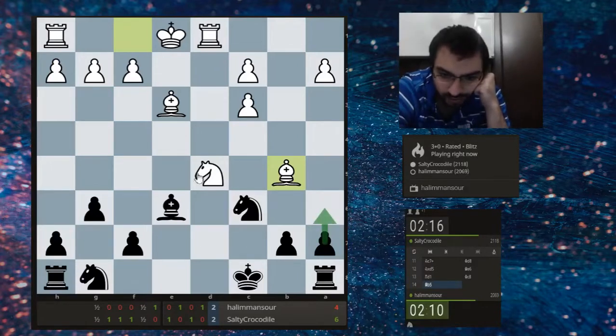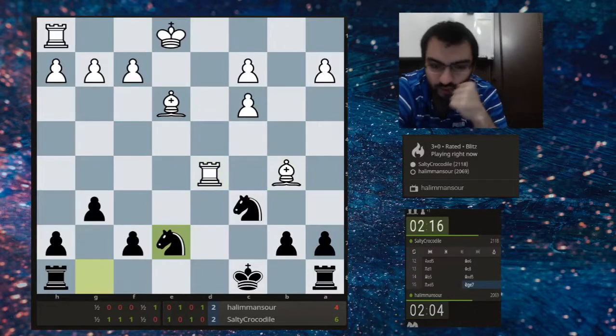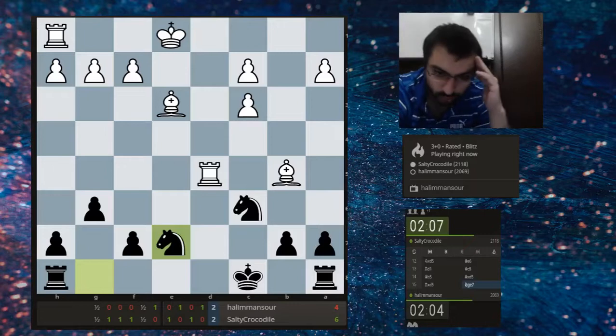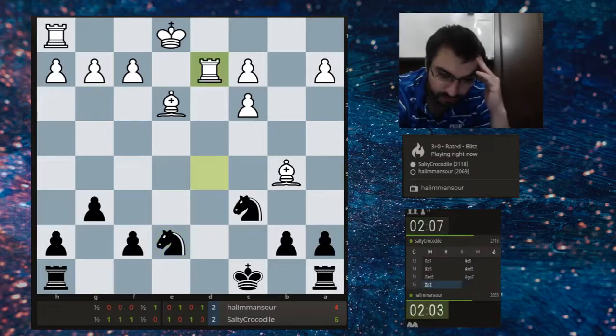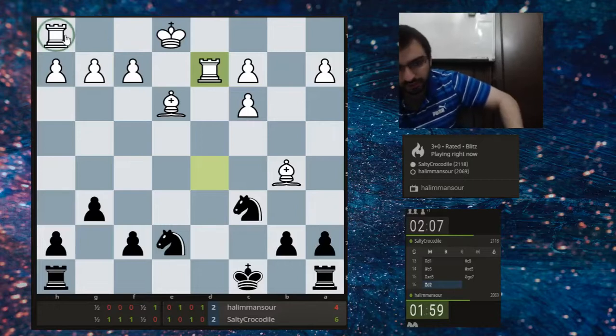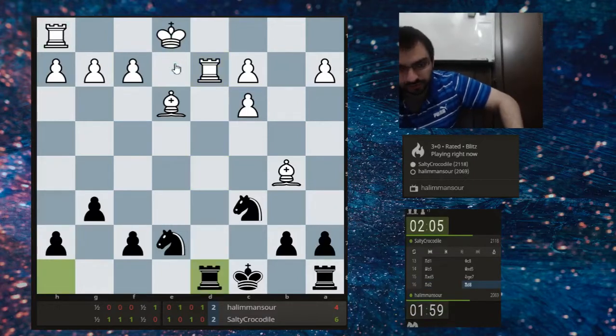a6 would be good, knight b6. So he chooses to take and develop this way. Yes, yes, that's very reasonable. Okay, where to put the rook? Maybe d6? d6, king c7. Oh, you're not castled. You need this rook. Okay. So you need to play some king...